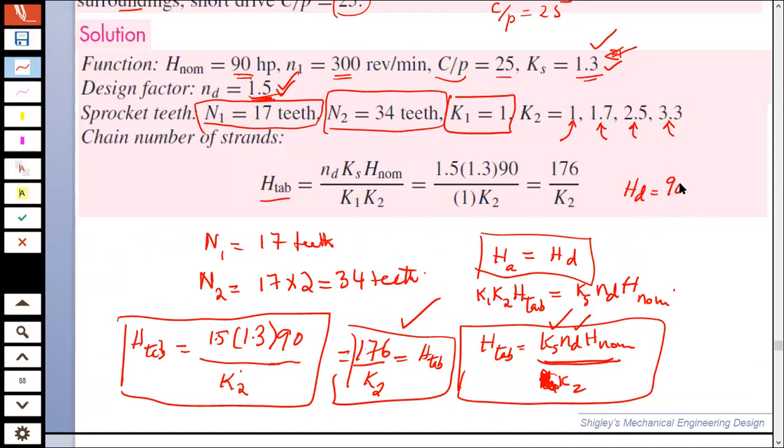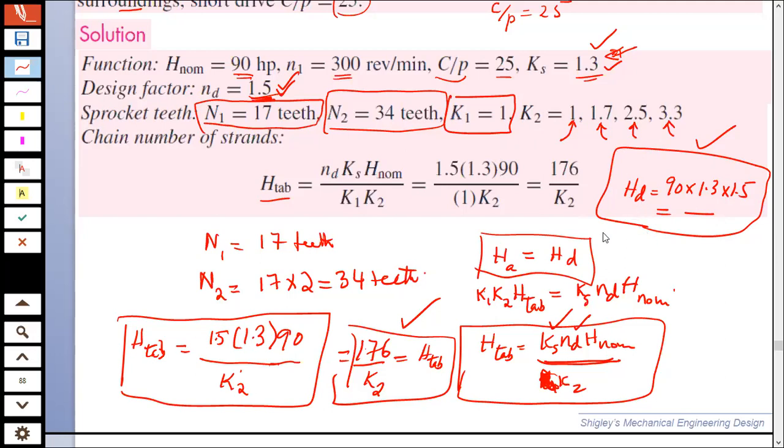That will be 90 multiplied by 1.3 multiplied by 1.5. So whatever value you get from here, you can go to the table straight and see what chain number you would want to use for this design horsepower and what are the number of strands that you would use. So it is not necessary, but being